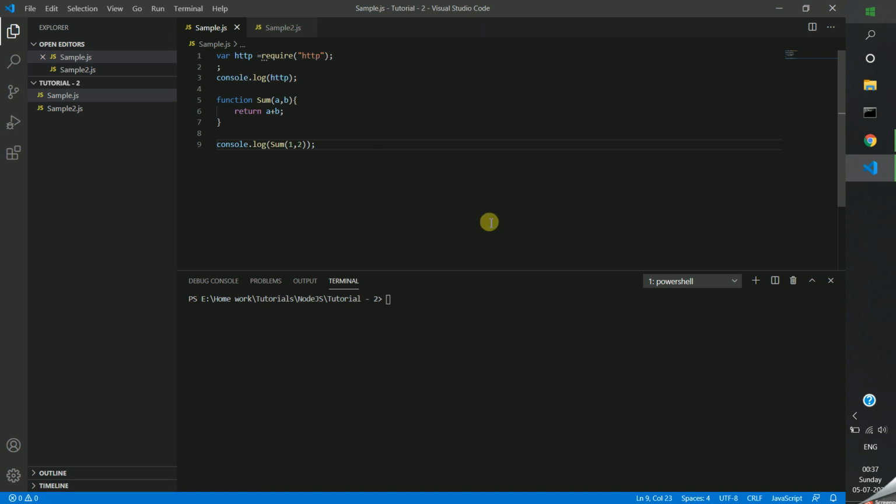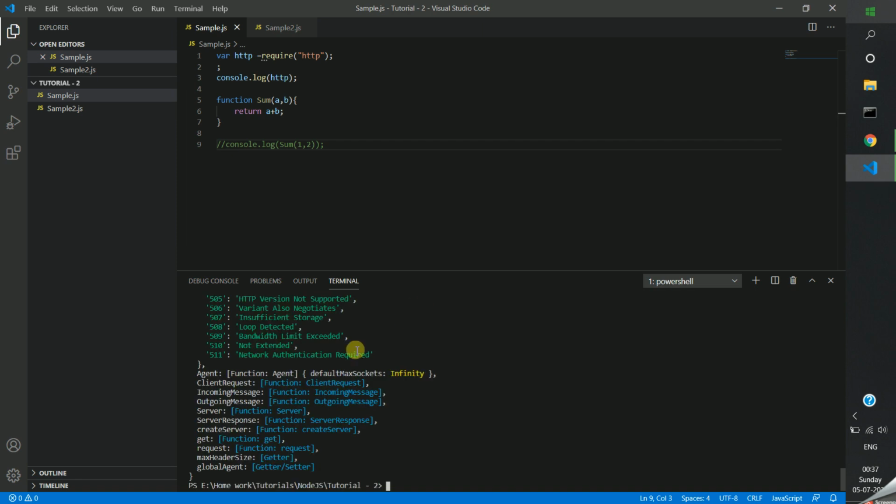So now I am printing this variable in the console. For the time being, I just comment on this one. Okay. See here, we are getting the output, but I never declared the HTTP module in our package. This is loading from the global files. So the modules defined globally by Node.js are called predefined modules.